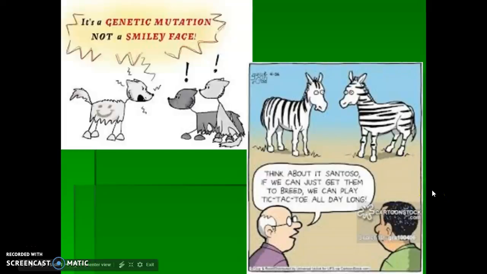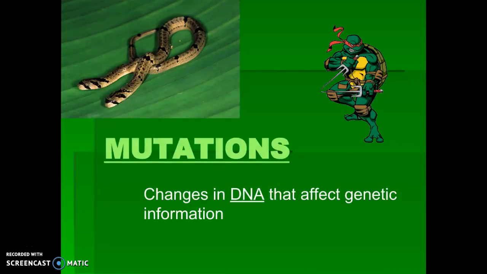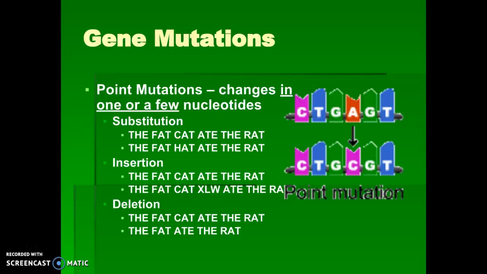In this lesson today, we are going to talk about genetic mutations and some different disorders that can be caused by these. The definition of mutations is changes in DNA that affect genetic information. The first type of gene mutation is a point mutation, when it's just a change in one or a few